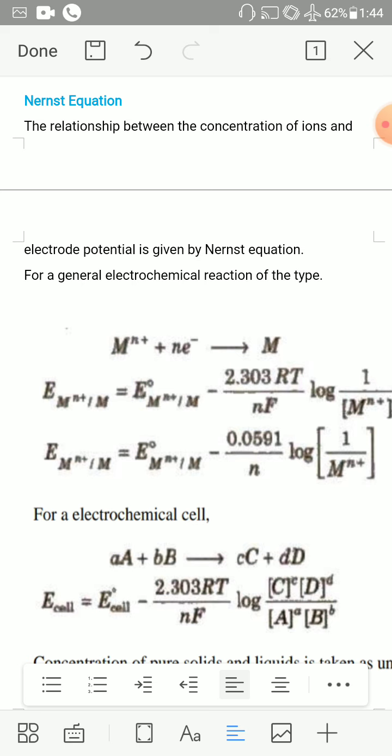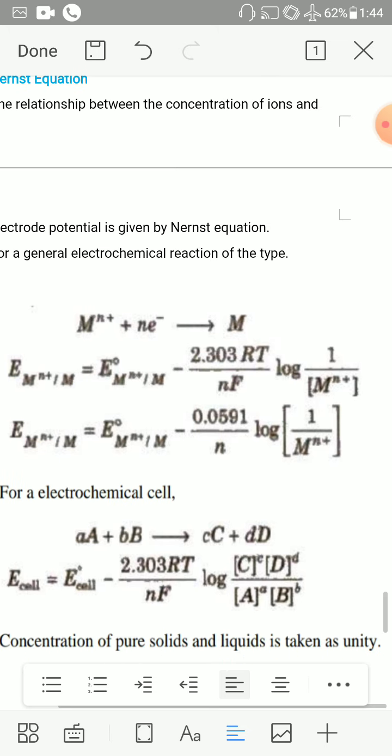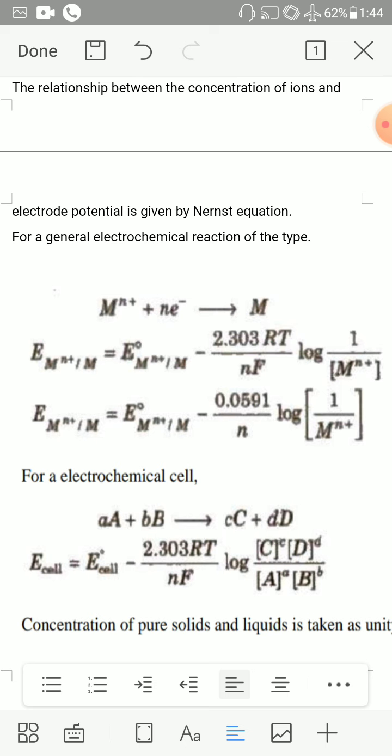For this reduction reaction, according to Nernst equation, you can write the reduction potential of this half cell electrode, E of M^n+/M, is equal to E0 standard value of this half cell electrode, that is E0 M^n+/M, minus 2.303 RT by nF into log 1 by [M^n+], within third bracket, meaning concentration of M^n+, or E M^n+/M is equal to E0 M^n+/M minus